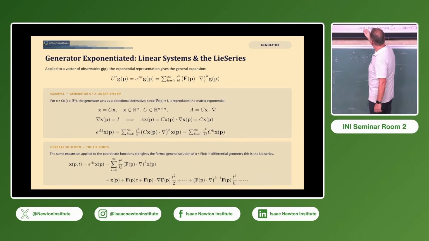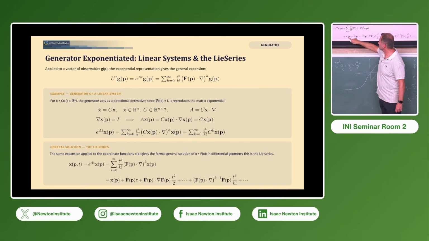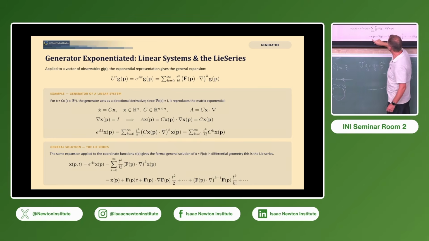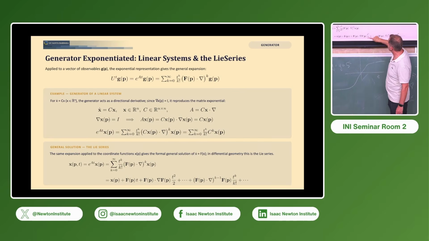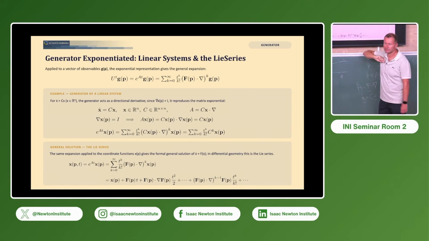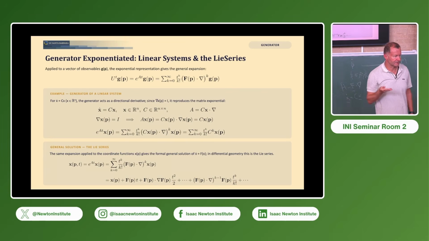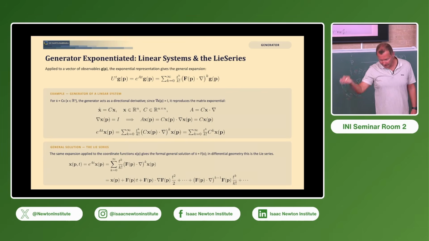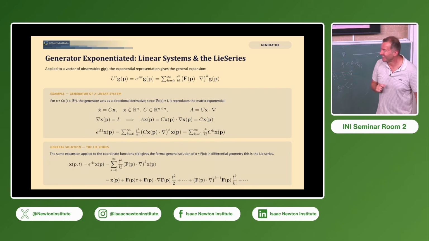If you do this for an arbitrary f, you can expand this to write it as, at time t, we start at x of p plus f of p times t plus this convective term t squared over 2 and so on and so forth. I don't know if people recognize it, but this is exactly the Lie series solution of an arbitrary differential equation satisfying uniqueness and existence type conditions. So not x dot is equal to x squared, but